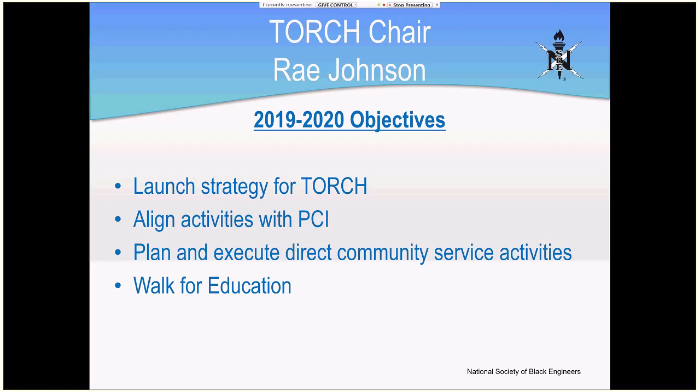It includes going out into the community and providing handouts on college education, different degrees in the technical field, and also providing adults with information for education. We're hoping to have one in April that will be a joint event with our collegiate chapters.